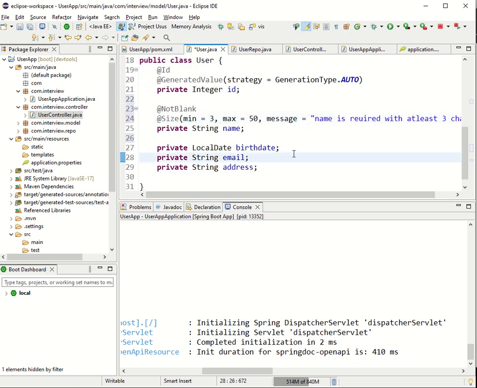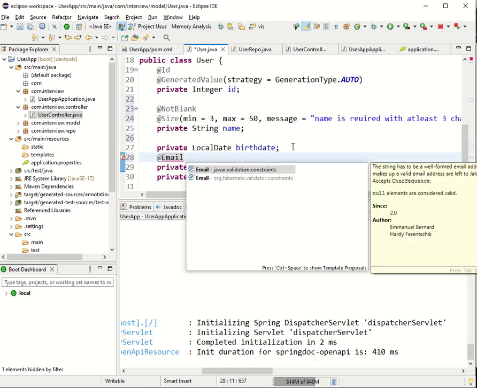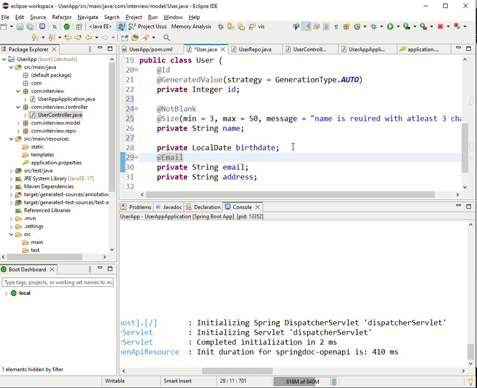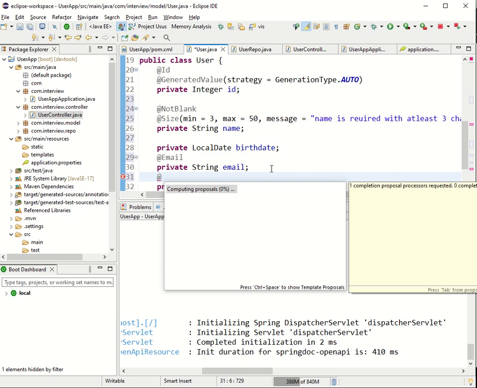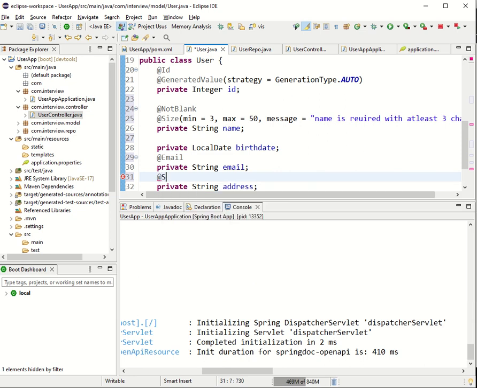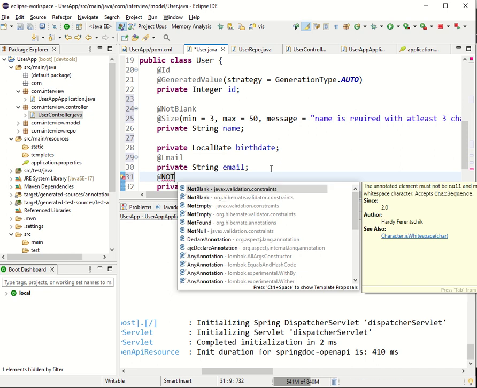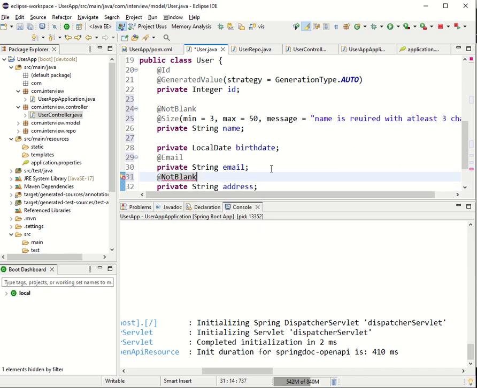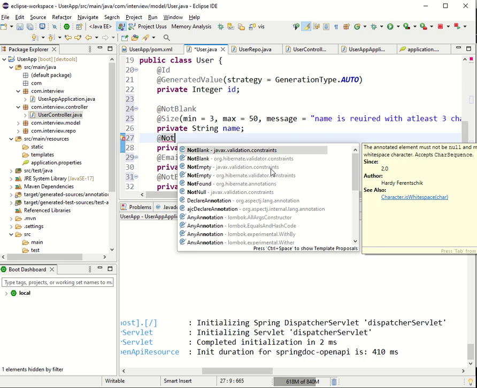And for email, in order to say whether it's a proper email or not, we have a validation called @Email, that will verify whether it is a valid email or not. And for address, because it is a string type, we can again say it is not blank if we are expecting that it should be present. And local date of birth, we are also expecting this field, and we are saying it can be